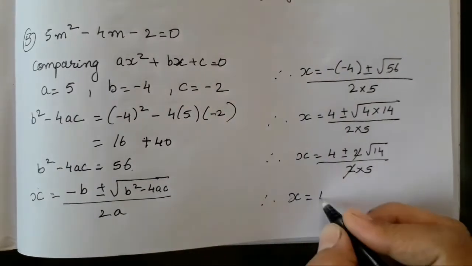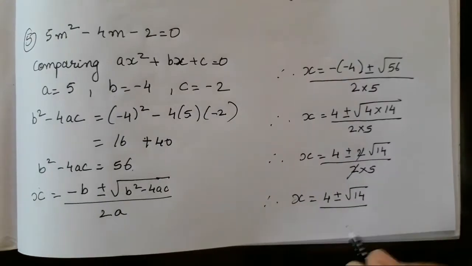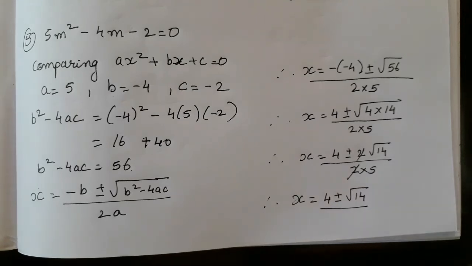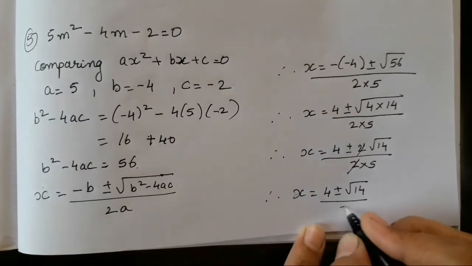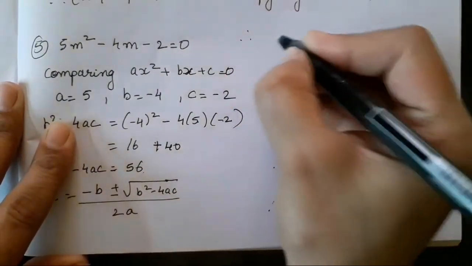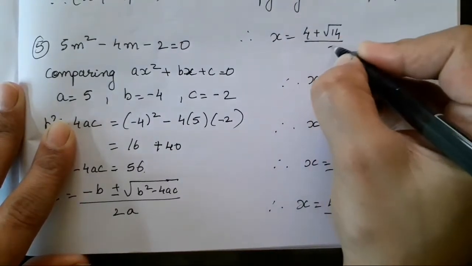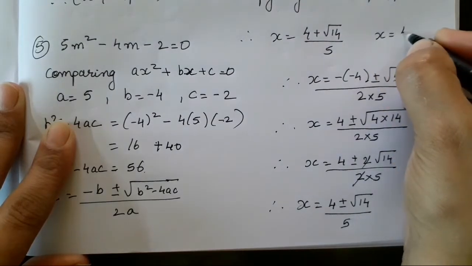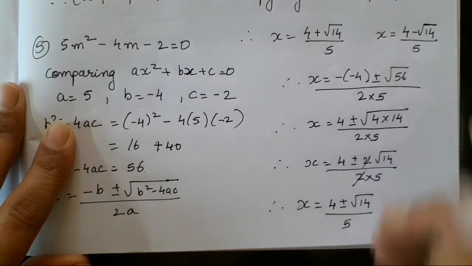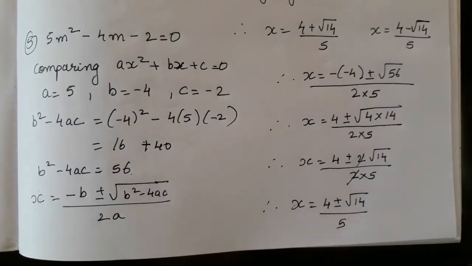Now keep it as it is so that it will get reduced, children. Therefore, x is equal to 4 plus minus root 14 upon 5. So the answer is going to be 5 over here. So once you have to take plus and once you have to take minus. So x is supposed to be 4 plus root of 14 upon 5 and x is supposed to be 4 minus root 14 upon 5. Okay, in some textbook it is 2 over here, children. The answer over there, I think it is wrong, but this is going to be correct.